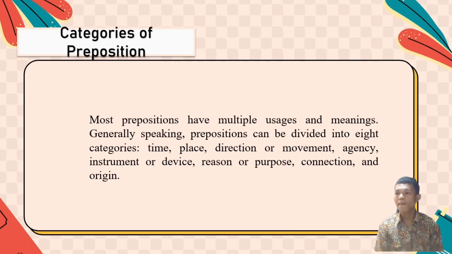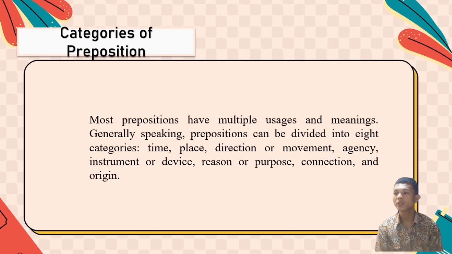Agency itu termasuk kategori dari preposition, yang mana prepositionnya itu dimulai dengan by and with. Contoh kalimatnya itu the book by the famous author is a big hit. Ya, itu termasuk contoh dari by. Dan contoh keduanya itu her heart is filled with emotion. Hatinya sedang diisi dengan emosi atau amarah. Ya, itu contoh kedua dengan diawali dengan with.